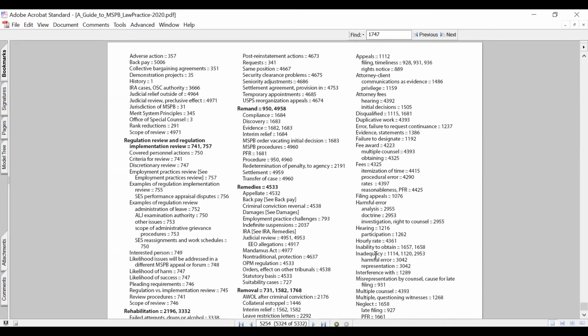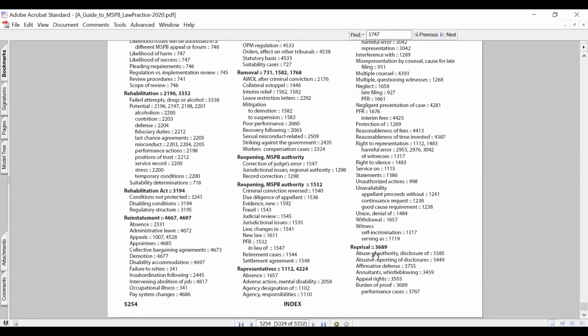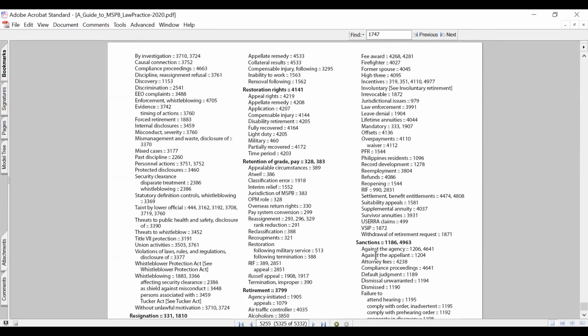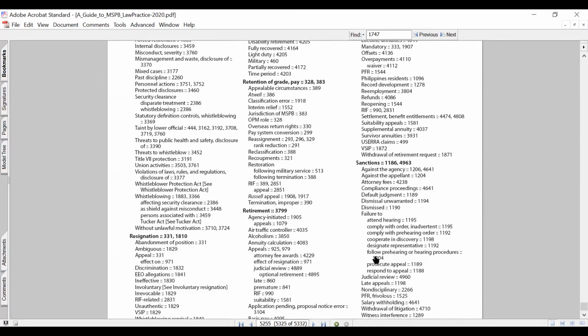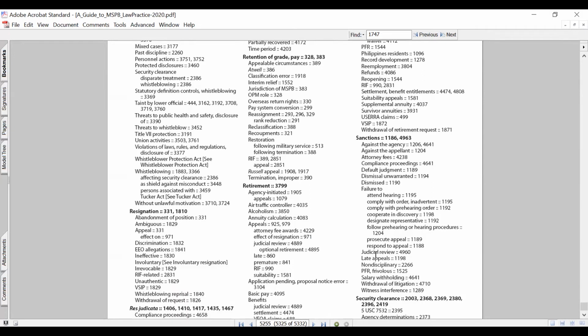So we're just going to move directly to or indirectly to resignations. Looks like we're closing in on it here. And there you can see resignation in the index with main points starting at pages 331 and 1810. Subsidiary points in the subheadings under the topic of resignation. If you were to move to 1810 using our point and search feature,